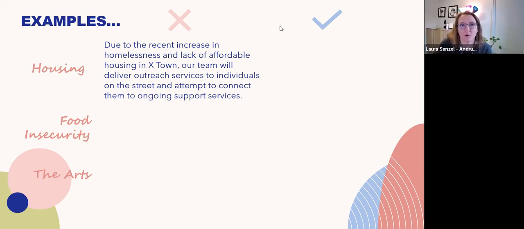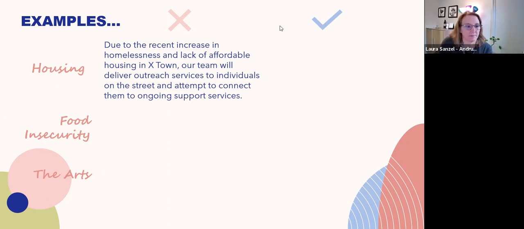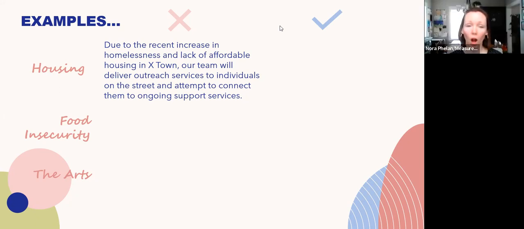I don't see this as a goal at all. Yep, that's right, absolutely. It sounds great. It sounds wonderful. It's more of an activity, right? Yes, it's saying generally why there's a need and what's going to be done. But there's no numbers, there's no how many individuals, what kind of support services. It's lacking detail and certainly not measurable. There's nothing in there that's measurable.